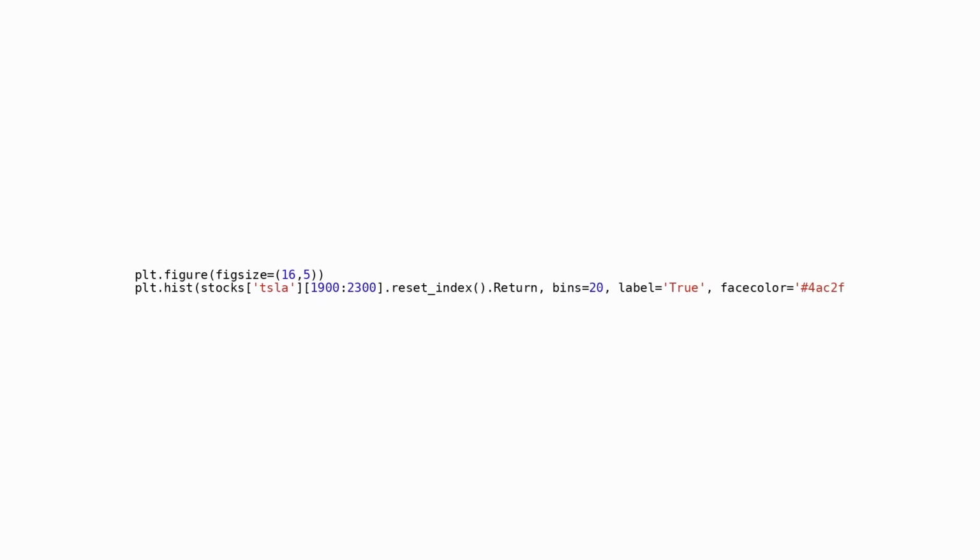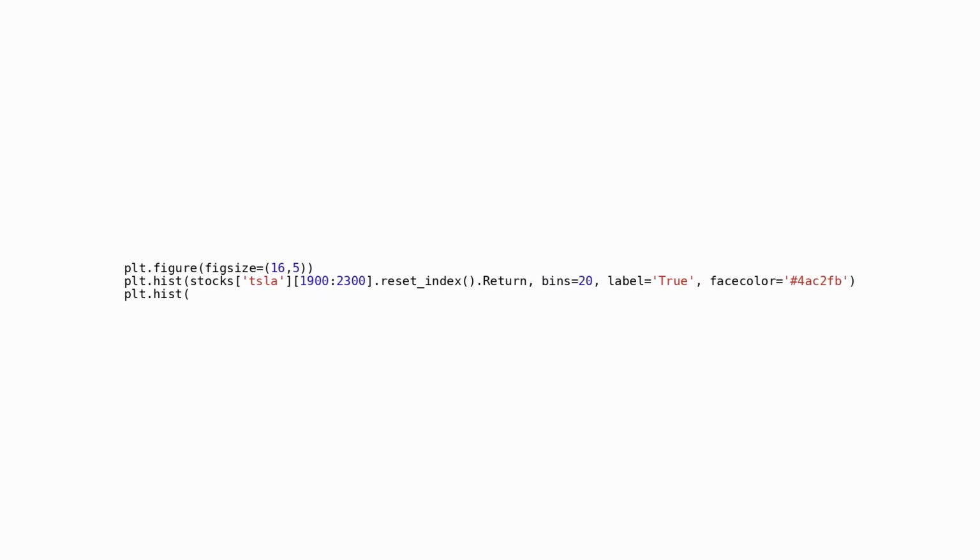The following script creates a histogram to illustrate the comparison between real and forecasted values derived from a time series examination. 1. It initializes a plot with dimensions of 16 by 5 inches. 2. The plot showcases a histogram of the actual return data of a specific stock, TSLA, within the range of indices 1900 to 2300. Employing 20 bins represented by bars colored in